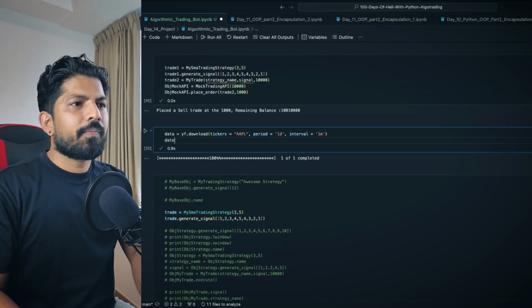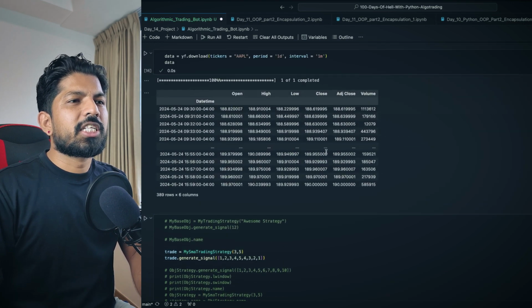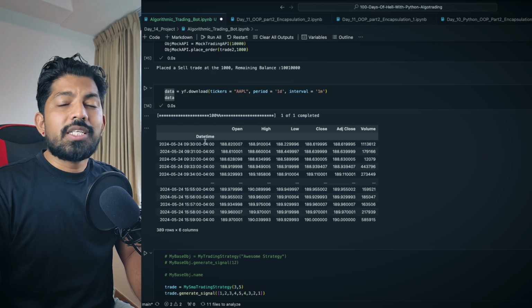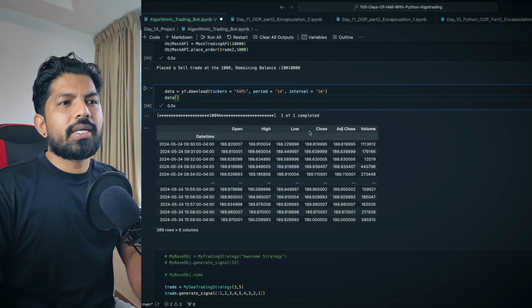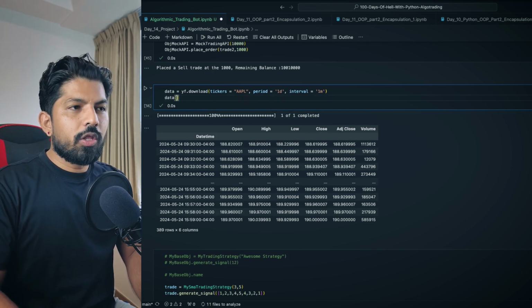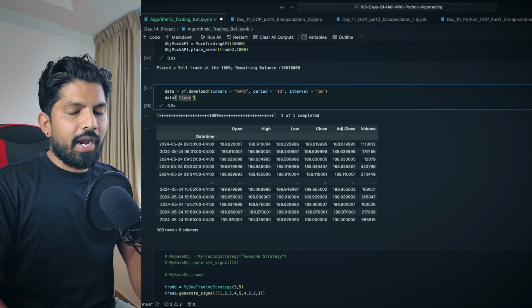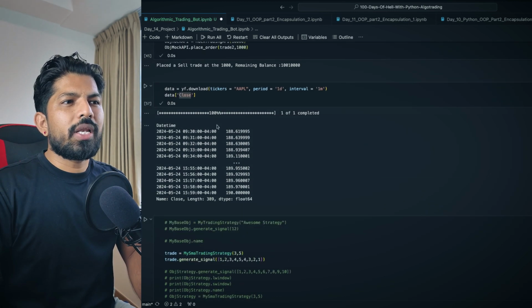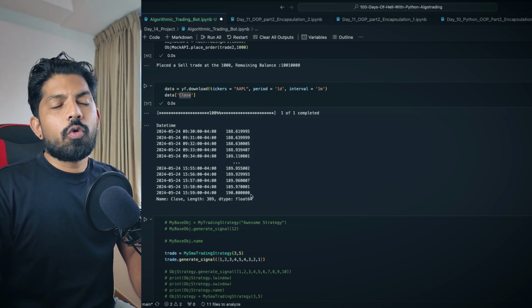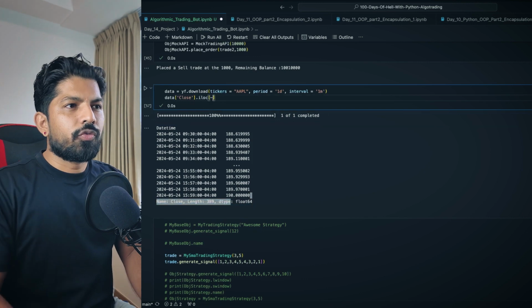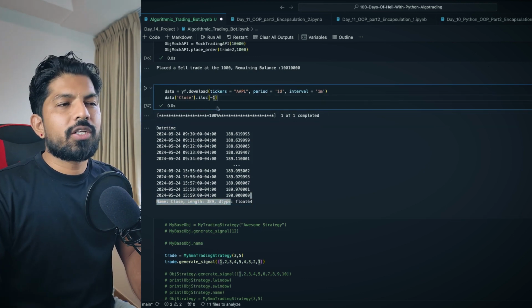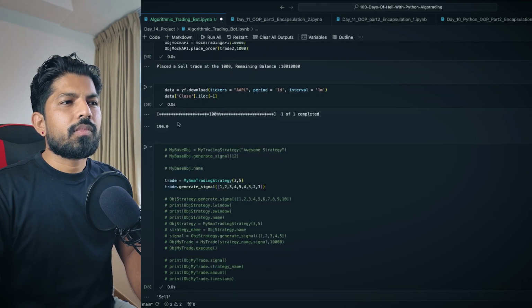Now we try to access the data, and when we hit shift enter, it displays this, and this is known as the data frame, right? So we can access only this table. For that, we can write only the column name. So Close, and when we hit shift enter, it will give us only the Close column, the close prices, right? And again, here we just want the last price, the 190. So I can just go and type iloc. For now, just write -1. That is the same indexing, right? If I write -1, it will give me the last value. So when I hit shift enter, we get the 190.